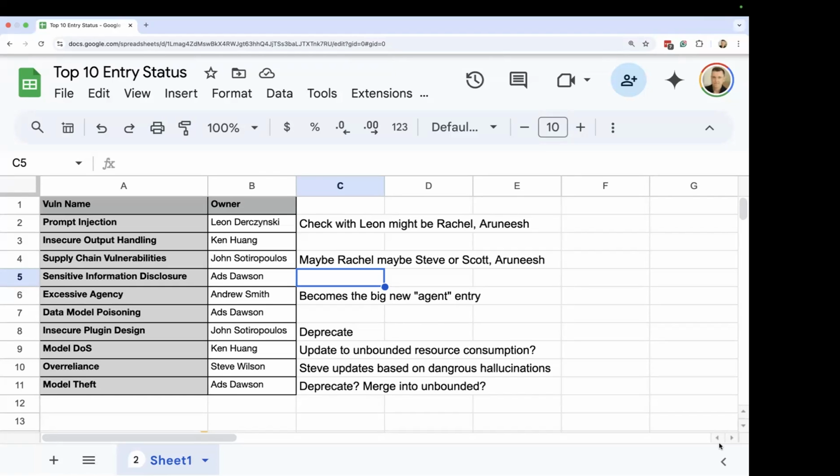So, okay, maybe it's not an entry for the top 10, but absolutely it's something that John and I were going to collaborate on to build out some additional either paper or article or extra things that would sit alongside the top 10 or refer to the top 10 to dig into those areas, but making reference to some of the other vulnerabilities as described.